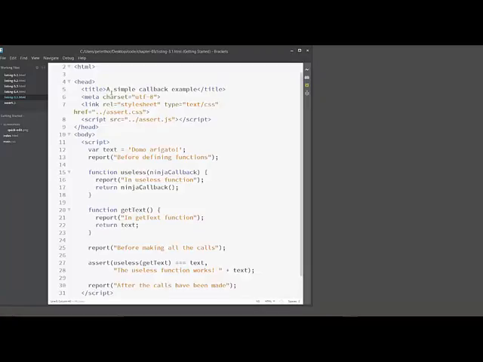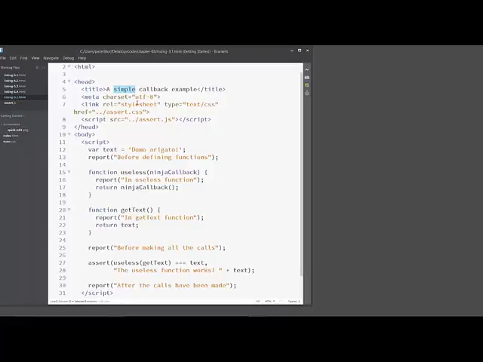This sample program is titled A Simple Callback Example. It is very simple, but it's very important to understand this example before going forward. Basically, what we're going to talk about here is using functions in JavaScript, and JavaScript is fundamentally a function-oriented programming language. We'll talk about this example, but as I say, it's very important to understand this going forward because